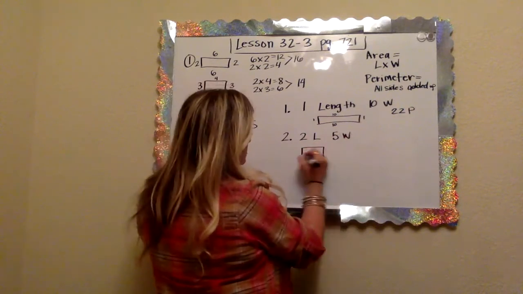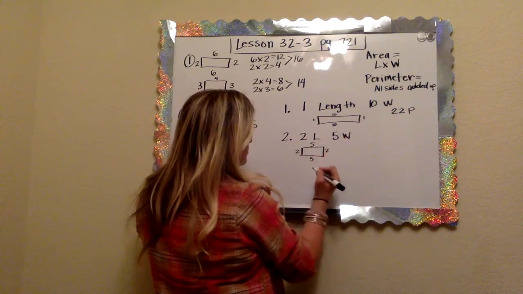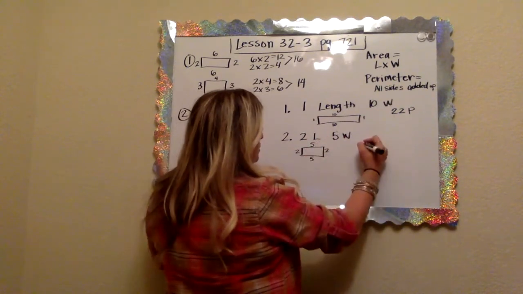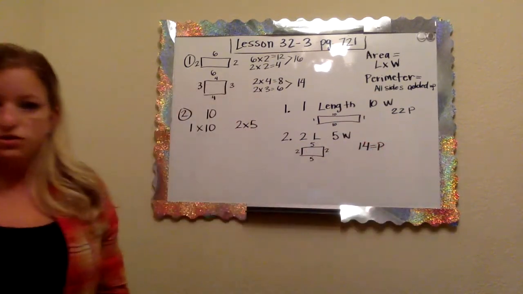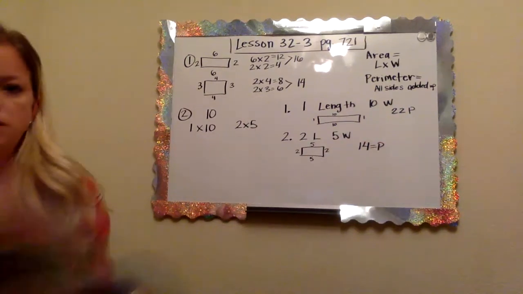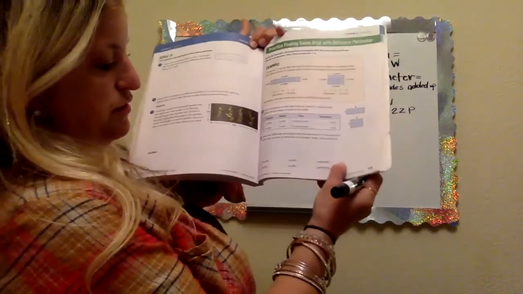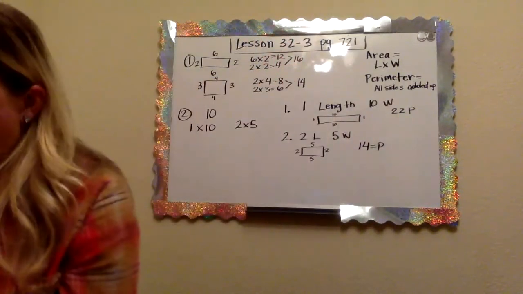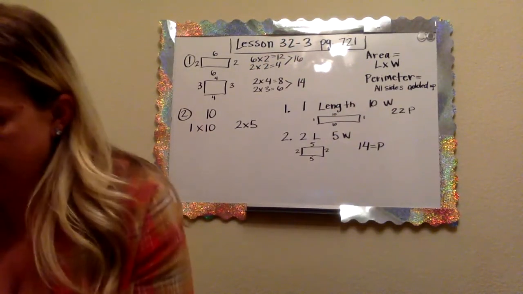Number 2 is 2 length, 5 width. Now this one's a little bit different. 2, 2, 5, 5. 5 plus 5 is 10. 2 plus 2 is 4. The perimeter is 14. So that's what you would write on these lines down here. 1 times 10 and 2 times 5. When you are done with that, please turn the page